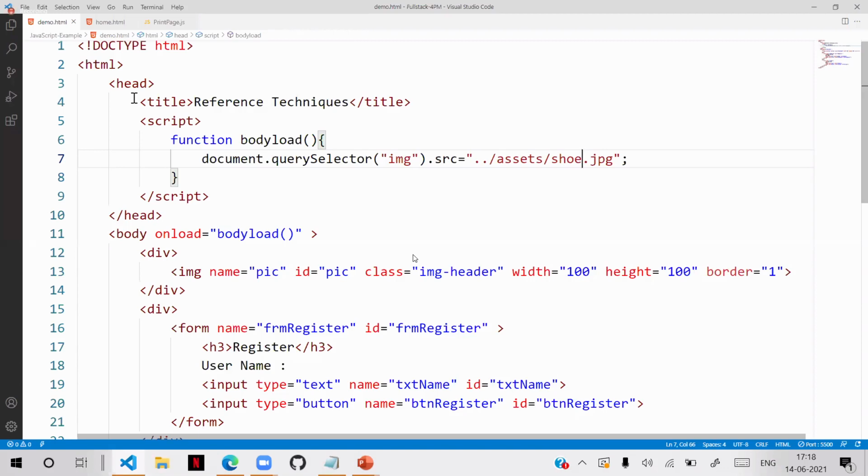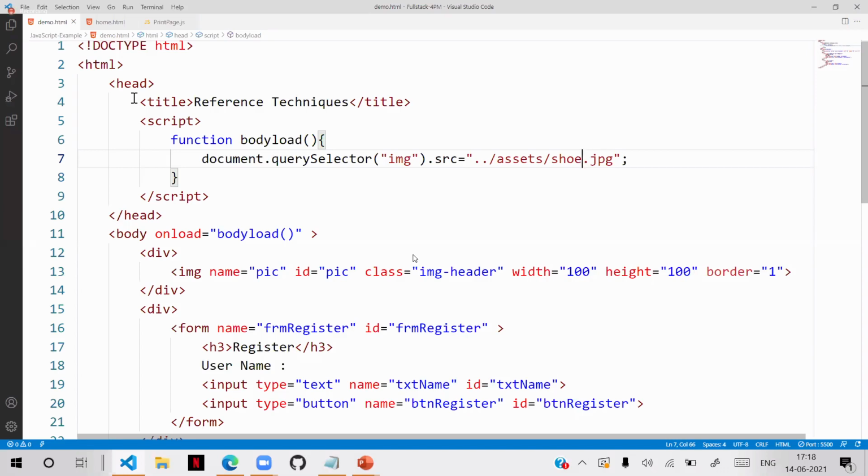That is the advantage of query selector. So if you are referring to a type, just use the type. The advantage is it can access all the elements of that type, and all the elements that are using that particular class. So it is easy to apply effects to multiple elements if I use a query selector.